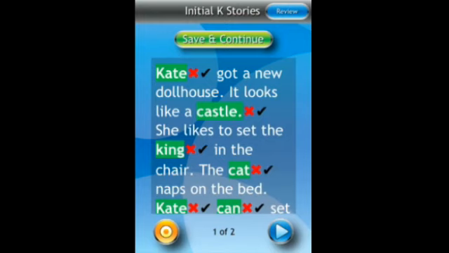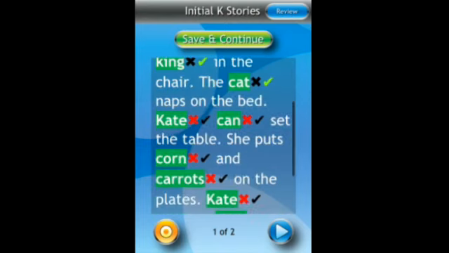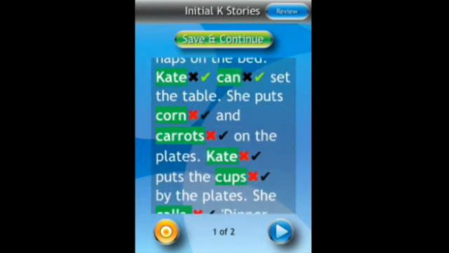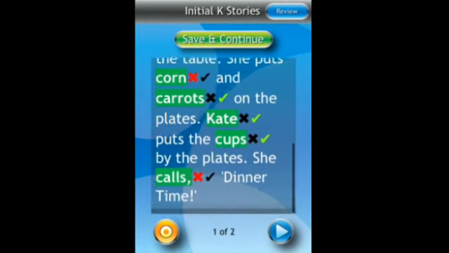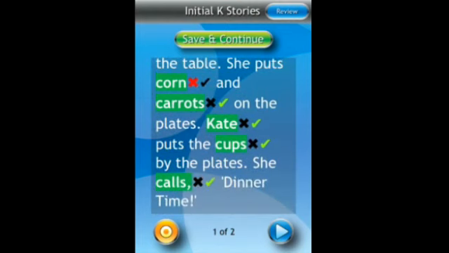The student can judge whether his or her own sounds are correct or not and mark the check or X button located next to the target words accordingly. At the bottom of the screen, a counter shows how many stories have been completed of the total stories available. During the activity, any story may be skipped by simply swiping from right to left, just like turning a page